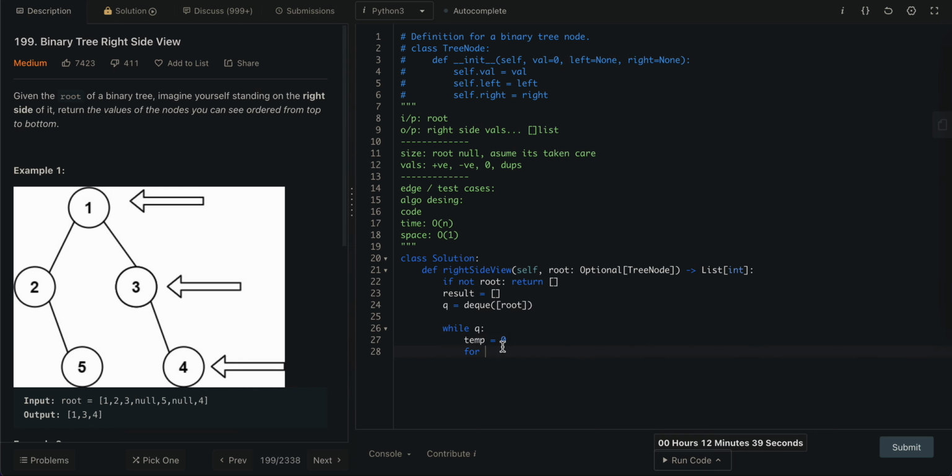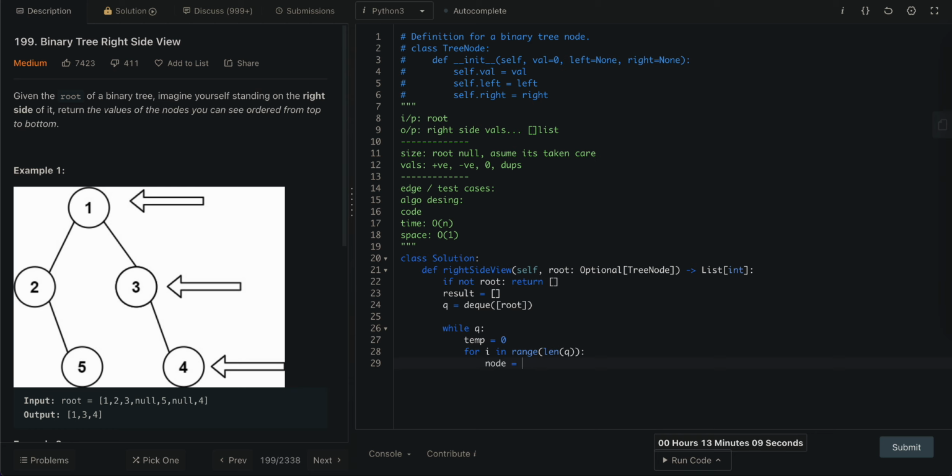And for underscore in range length of queue, what this means is whatever the values are in the queue right now. So take a snapshot of the queue's length. Initially it's going to be 1. So iterate at least one time and do